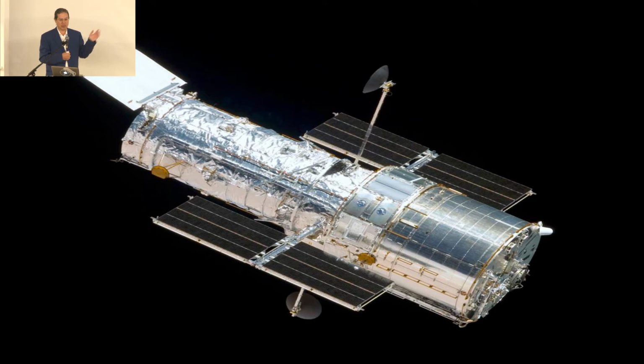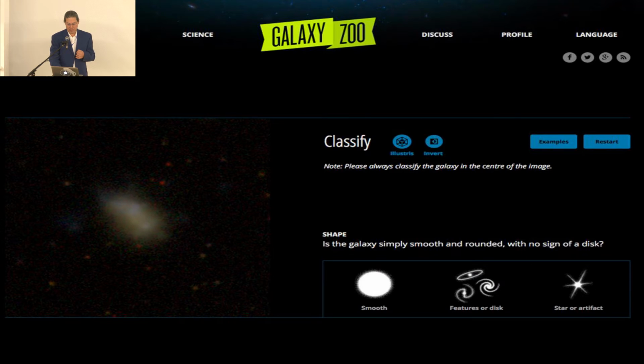So in astronomy, for example, the Hubble puts out literally gigabytes of data every day. The successor system is going to put out terabytes of data every day. And that data need to be analyzed. And some of the analysis can be done automatically, but in many cases, the kind of interpretation you need to make is still something that's hard to do. And so you need human eyes. So this is a project, actually, unfortunately, with the lighting, you can't really see it, but that's a picture of a galaxy in the middle, so you can see a very faint blur.